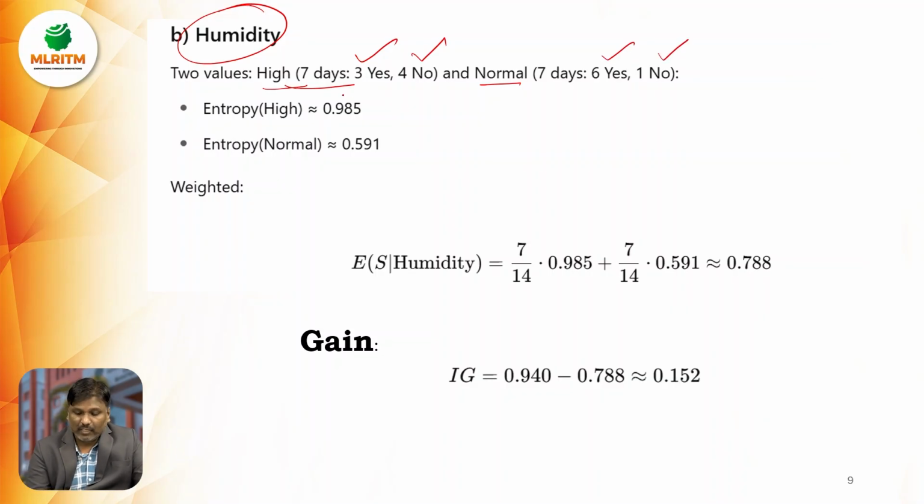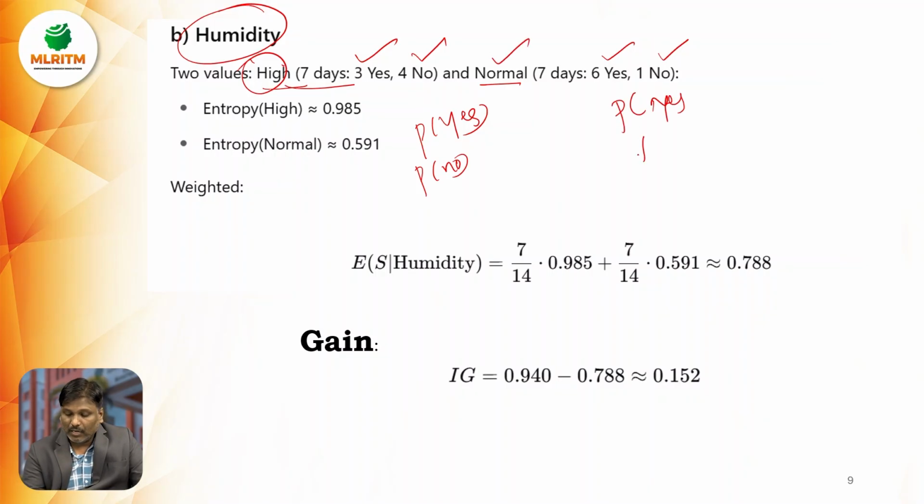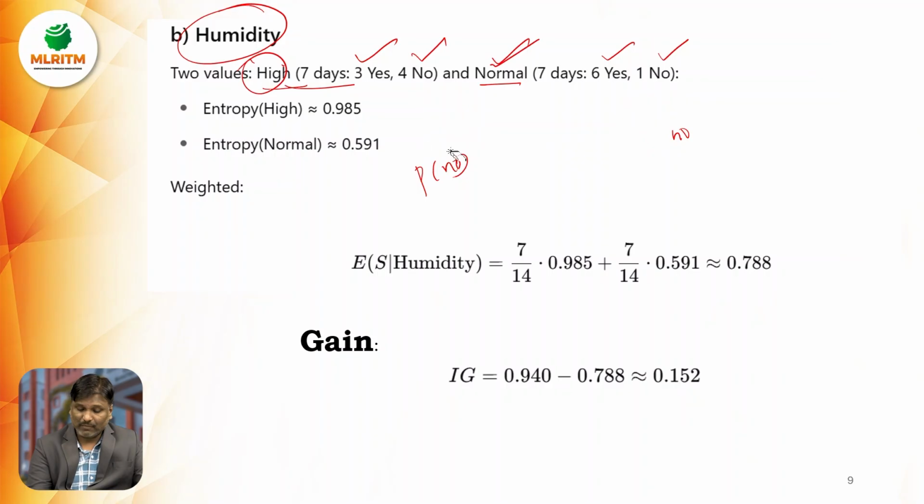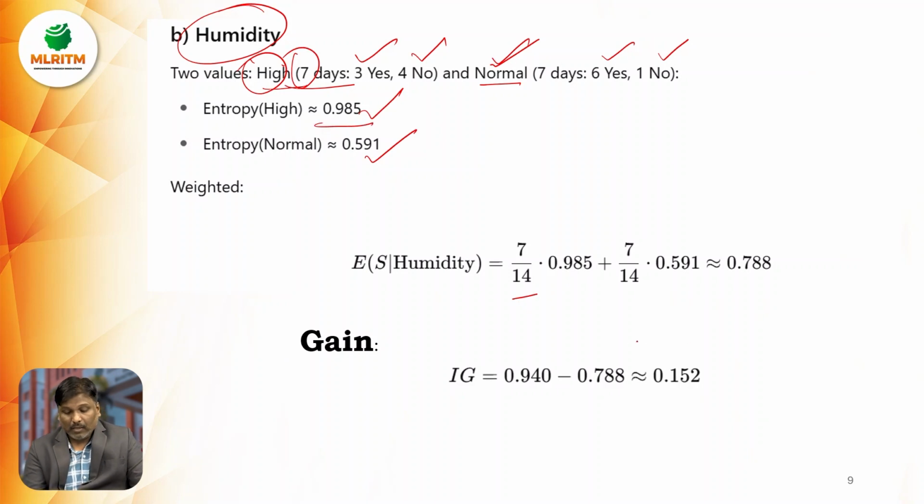Again, we identify the probability of yes for the high condition, probability of no for the high condition, and again the probability of yes for the normal and probability of no for the normal. After measuring these values, we use the entropy formula and measure the entropies for high and normal condition. After measuring the entropies, we find out the average entropy value: 7 by 14 into the high condition entropy, and again 7 by 14 into the normal condition entropy. So the value is